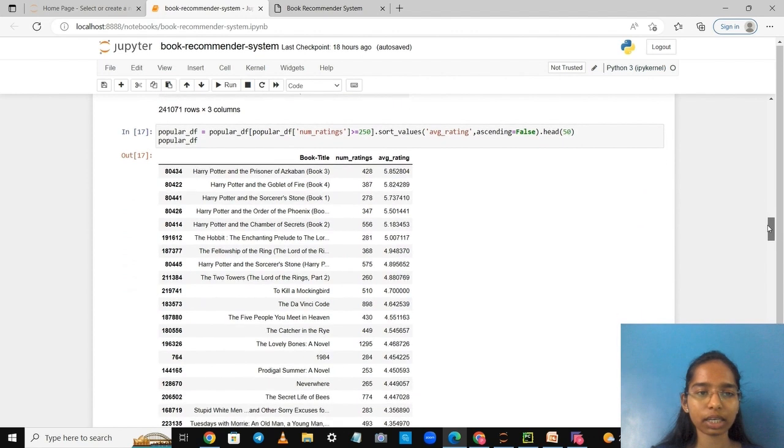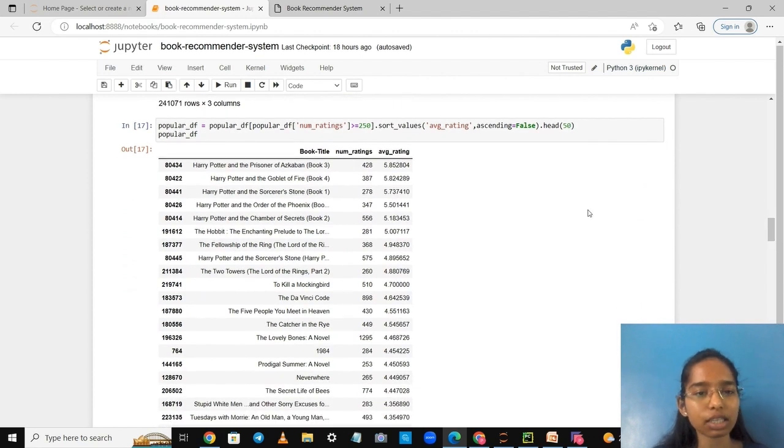Now in the popular DF, as our criteria is, we'll consider only those books which have a number of ratings greater than 250. So we are filtering those out, and we'll sort the values so that the highest average rating is shown first.